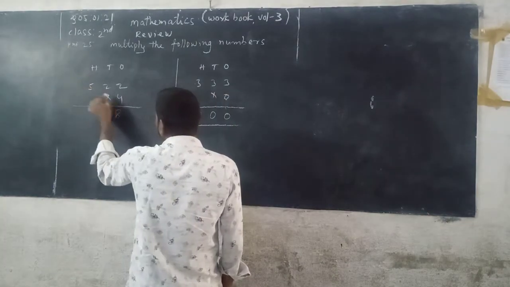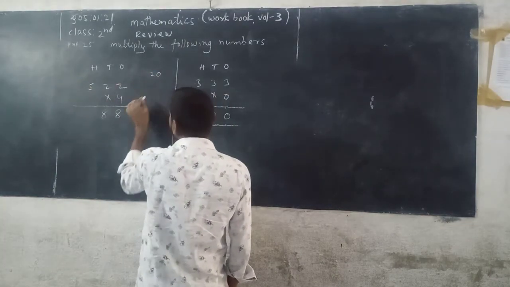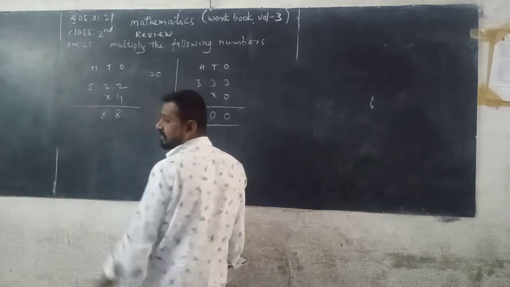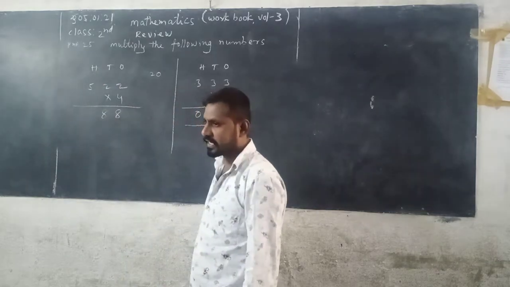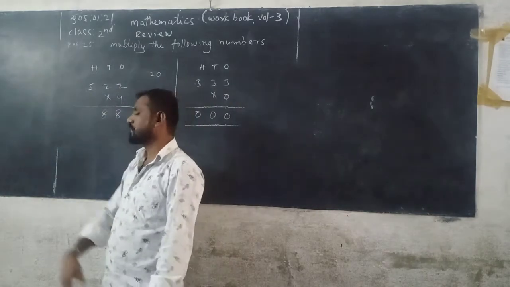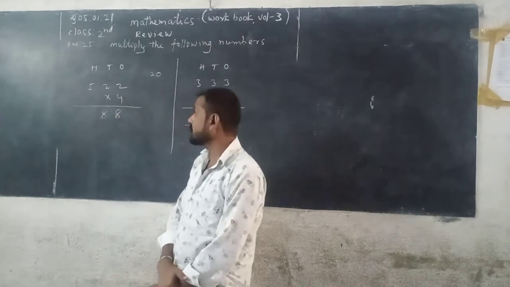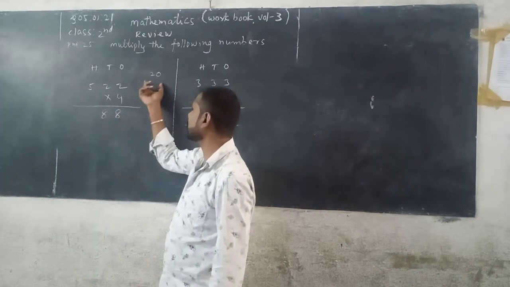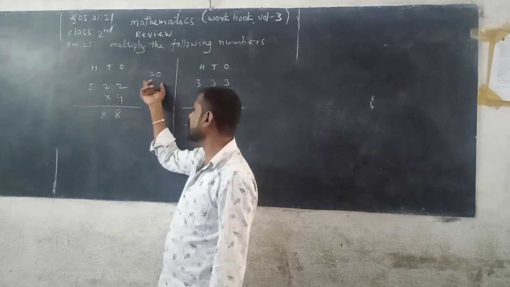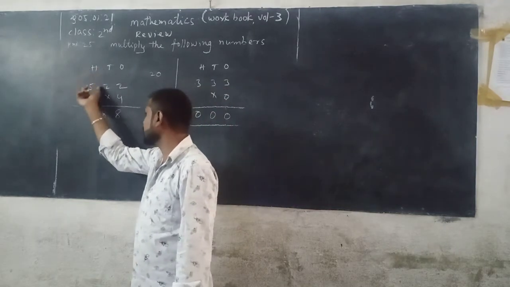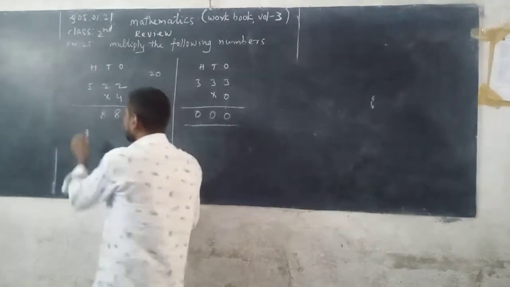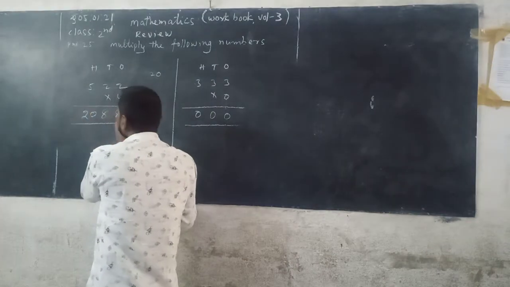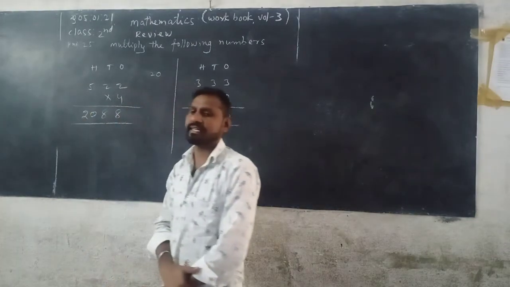Then next we multiply the digits in hundreds place. 5 with 4, 4 5s are 20. This is the last place of the given number. Okay, hundreds place, next there is no place. So you can write 20. Where do we have to write 20? You can write it in hundreds column of the product. Then product is equal to 2088.